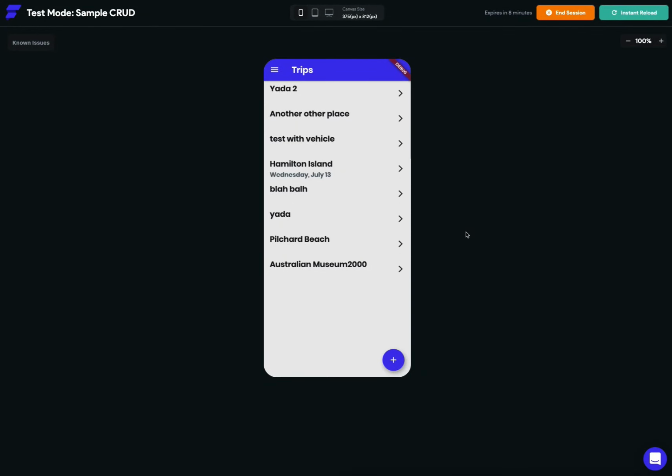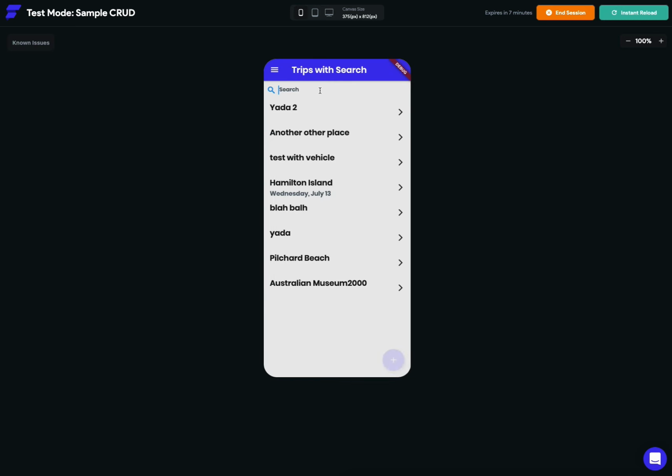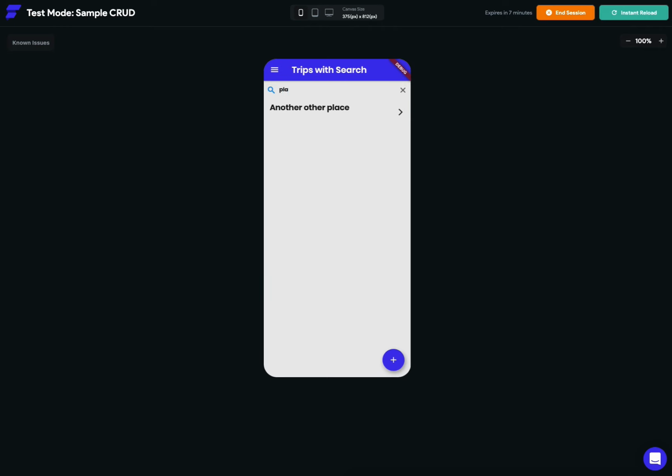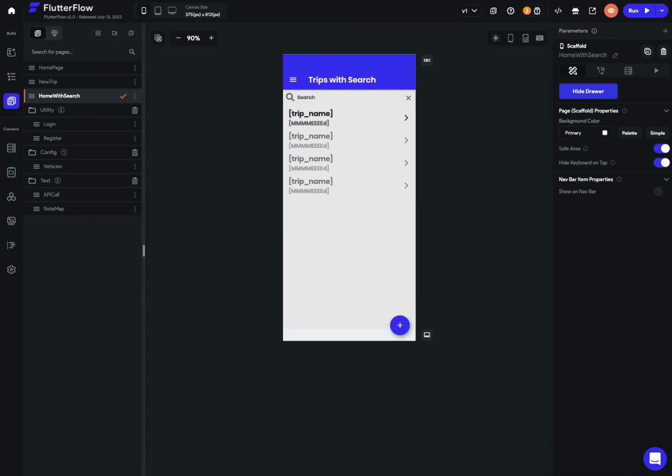In this video, I'm going to show you how to take a list view like you've got here and add a search and filter box to the top of it that operates in real time. I've got my app running here in test mode, so I'm going to be switching back and forth between the design and test. And we're going to be starting